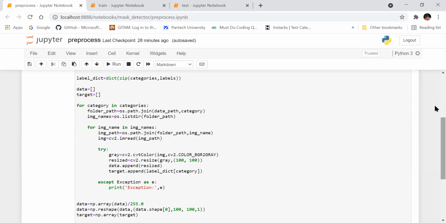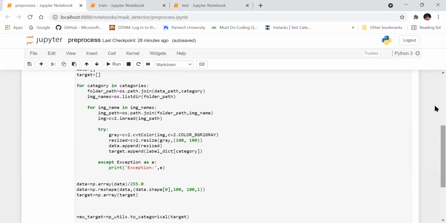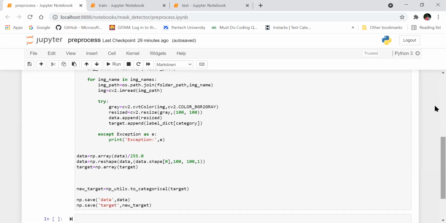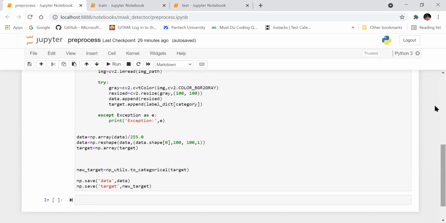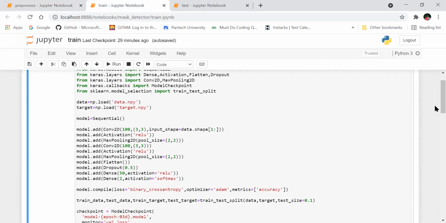I have extracted the labels from the images and converted them into grayscale images, and later I have processed them into an array and resized the array according to the requirement. That is, I have scaled it by 255, and I have created a numpy array file. And after saving that numpy array file, I have started creating my machine learning model using